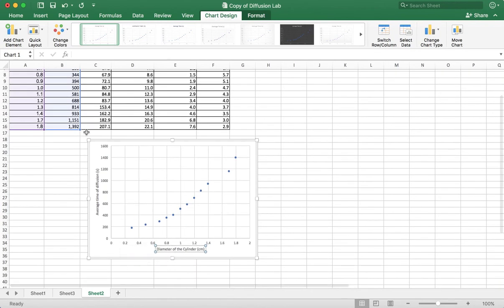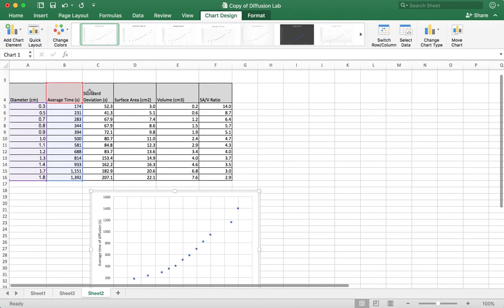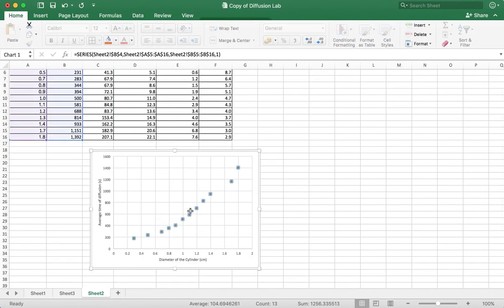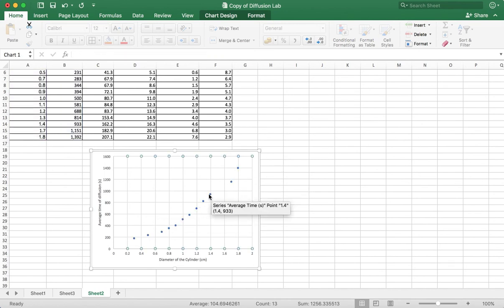We'd copy this in, we'd put figure 1 or graph 1 in a descriptive title. Down here we put a little interpretation, that'd be in your Google Doc or your Word doc. Second thing is, because we have standard deviation up here, we need to add that as error bars to this. Okay, so what I do is I just click all those, highlight all those like that,